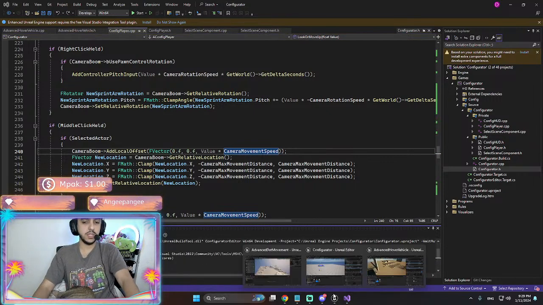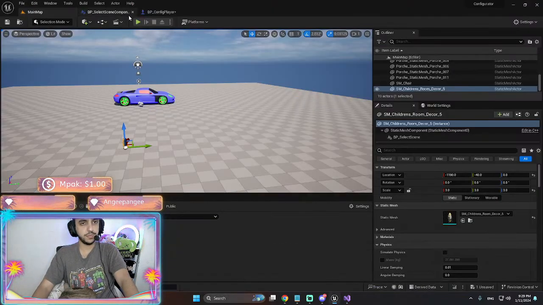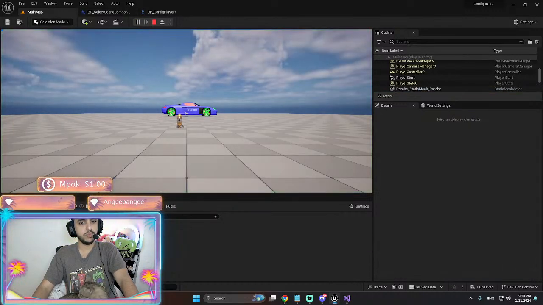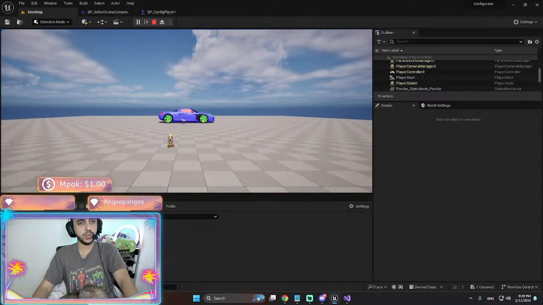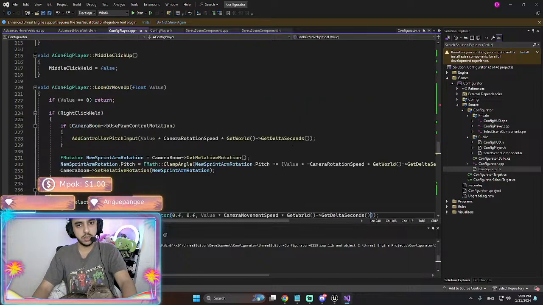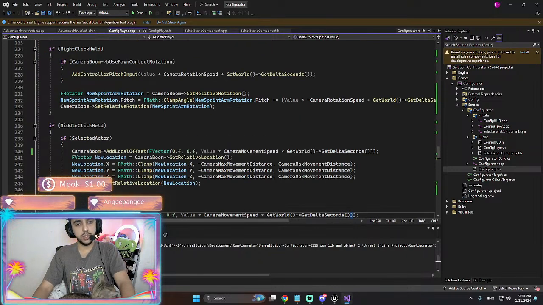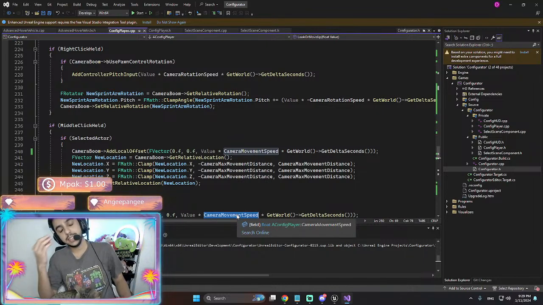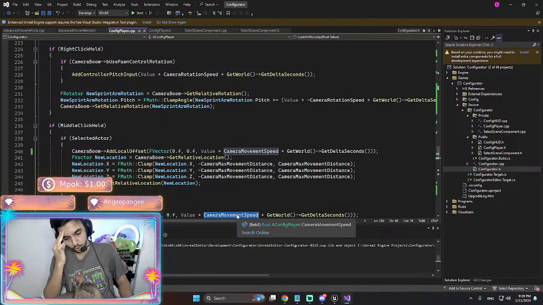I wanna see what happens then. It's working. Okay, if I do that, then camera movement speed should be much more. It's basically saying how much we should move